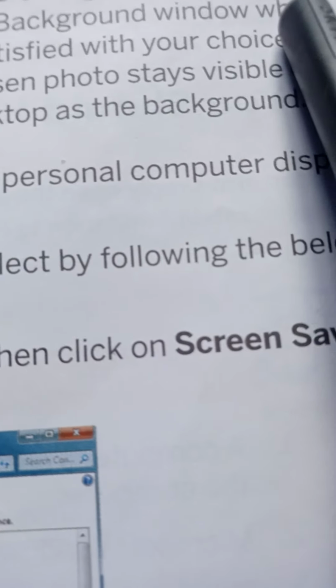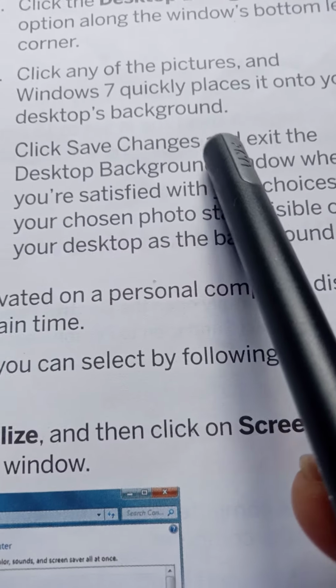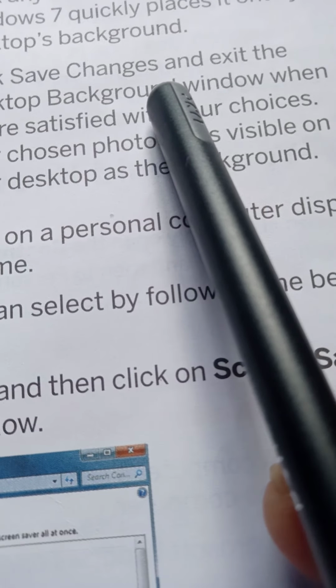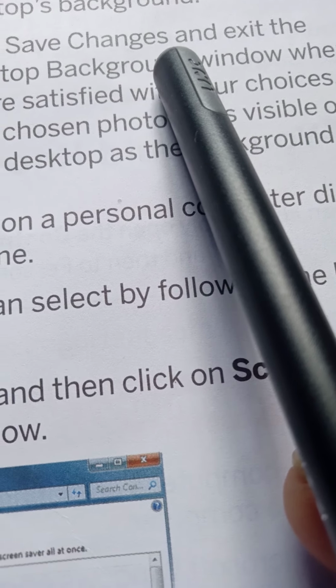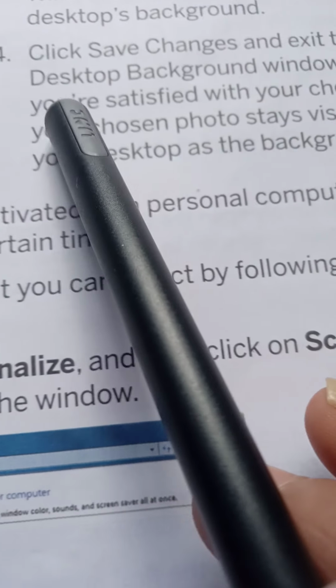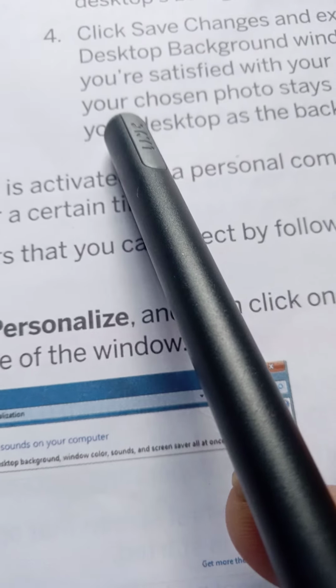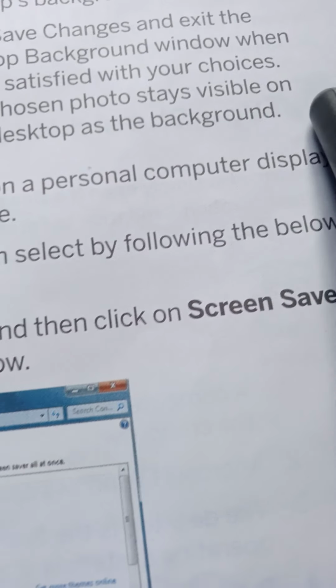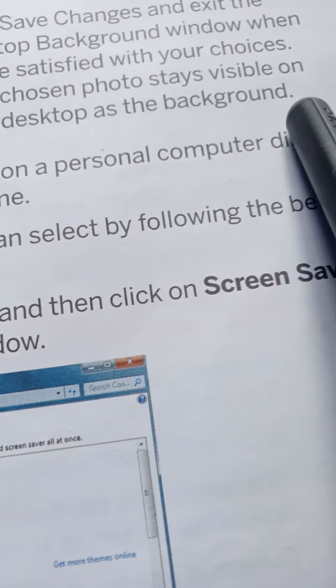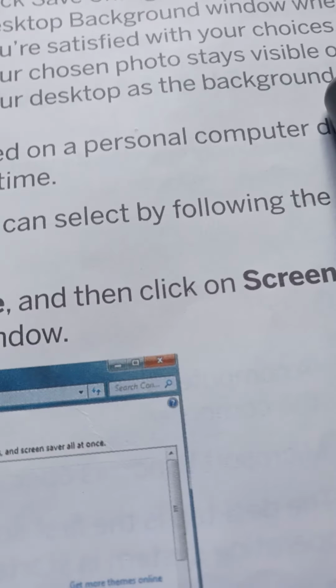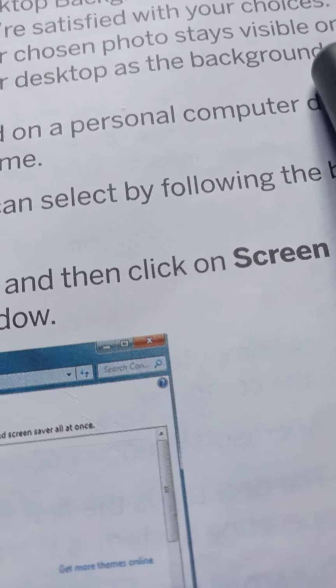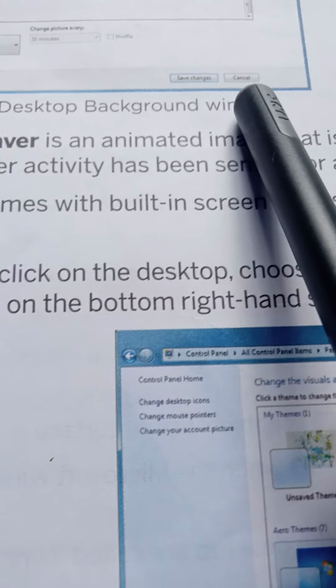If you don't click on Save Changes, then this operation will not be taken by the computer. You are satisfied with your choice. Your chosen photo stays visible on your desktop as the background. If you do like this, then you will get your chosen photo on your desktop background.